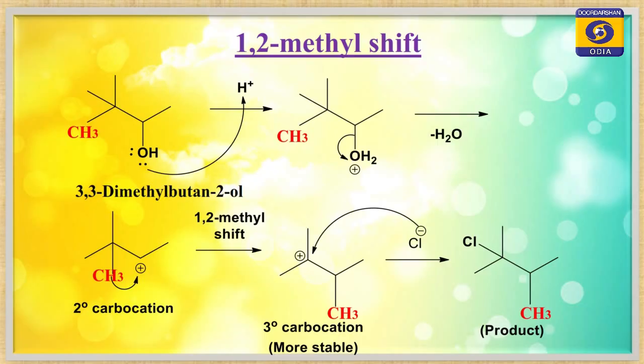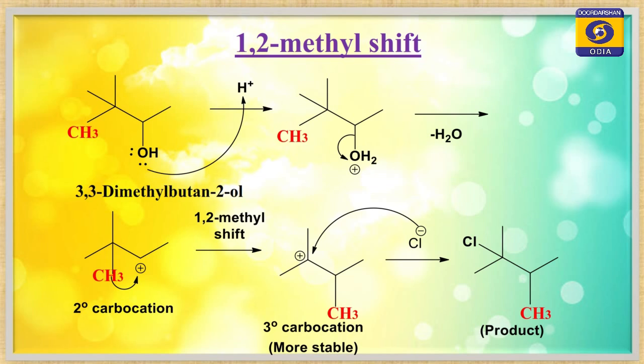Same example I have taken, only I have just put one more alkyl group at the adjacent carbon, which means the tertiary carbon. You see the carbon atom is a 4 degree carbon, because you have 3 methyls attached to that carbon. The methyl group, which you can see in red color, shifted to the next carbon by hydride shift.